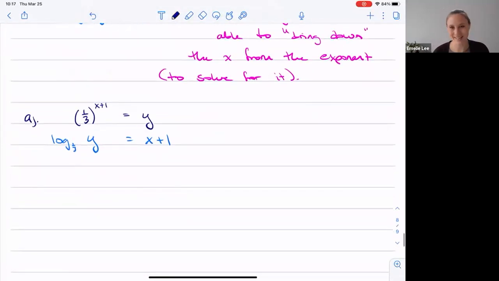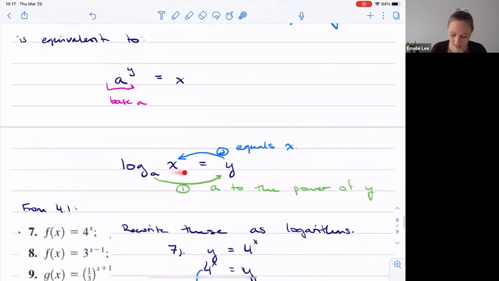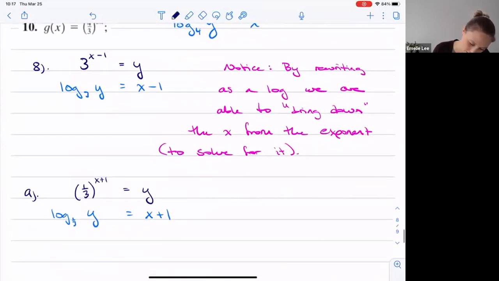I'd argue that rewriting the log in terms of an exponent, which is moving the other way, is also important. So if I give you something like this, can you rewrite it like this? That's when I just read it like this, a to the power of y equals x, right? And then you can have that rhythm. Okay? But let's do